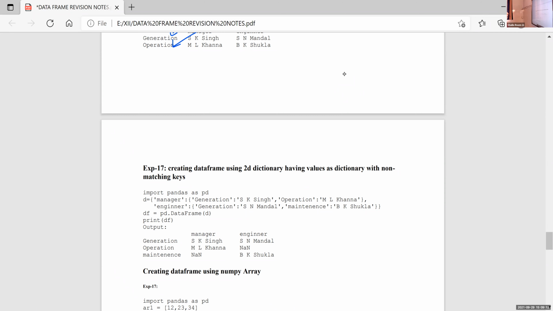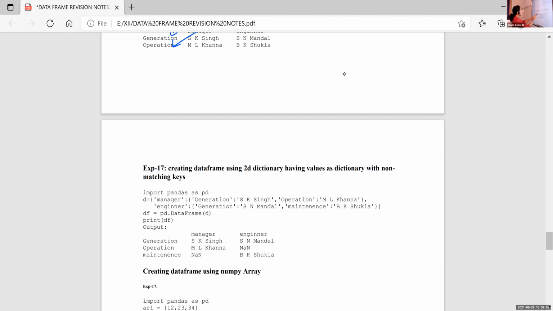In the case of pandas, in a series and in a data frame, if there is a mismatch or absence of value, it will fill with NaN. So here, in the case of manager, 2 values are there, but in the case of engineer, generation is there, but operation is absent here.